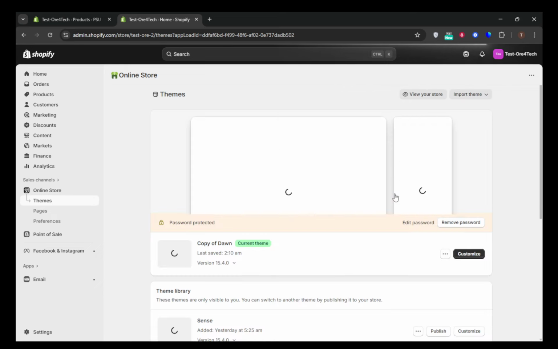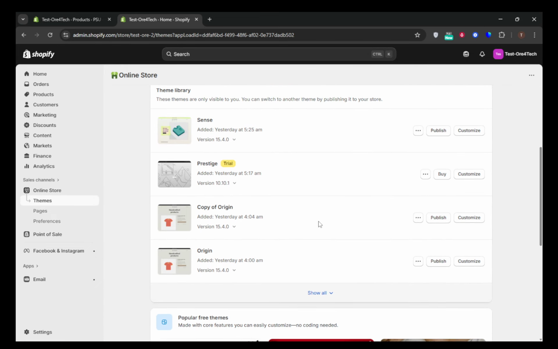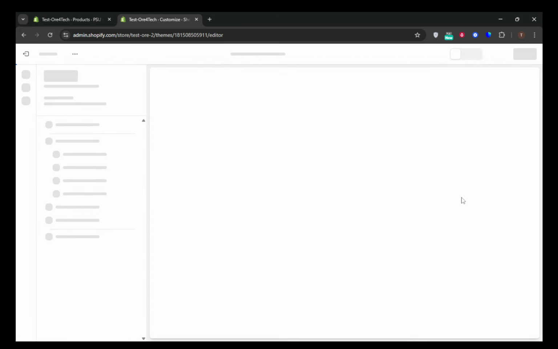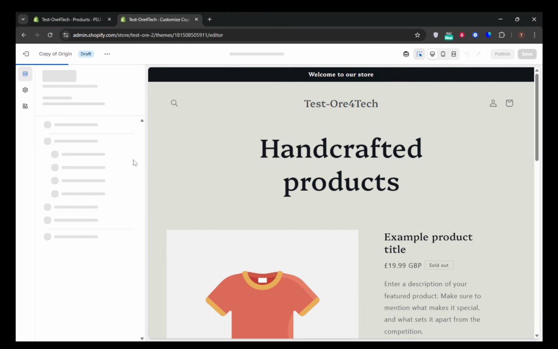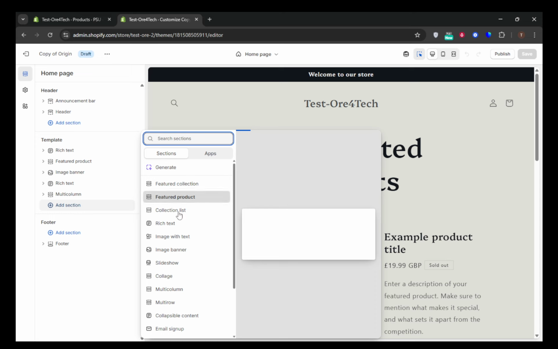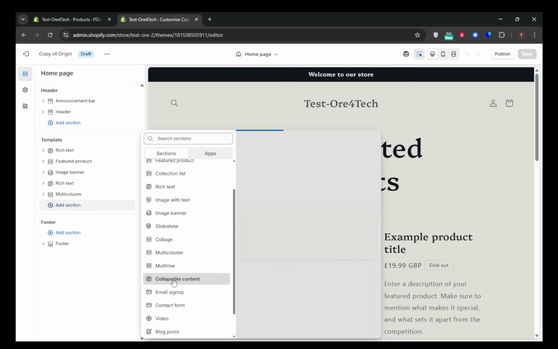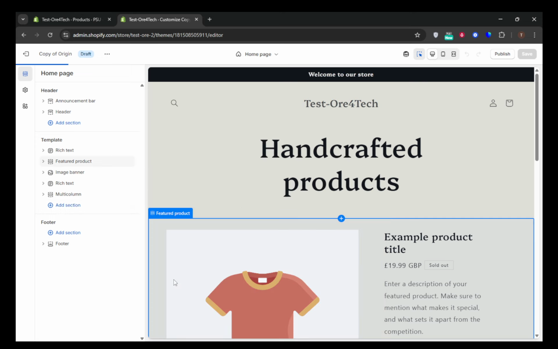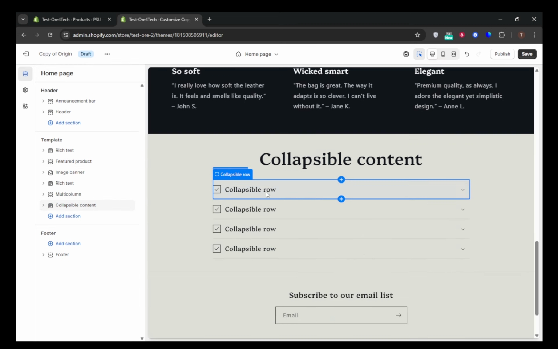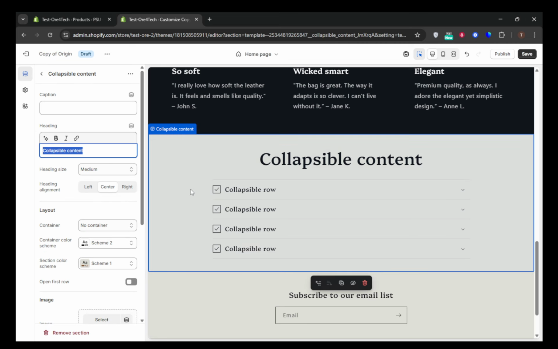If your theme supports it, look around for a section or block type labeled something like Collapsible Content or FAQ section. Some themes even allow you to create a custom page template just for the FAQ, which can be a game changer in terms of layout and functionality. Once you're satisfied with the content and layout of your FAQ page, remember to save the page. Functionality takes precedence over aesthetics, but if you have access to advanced templating, a well-organized and neat FAQ page can